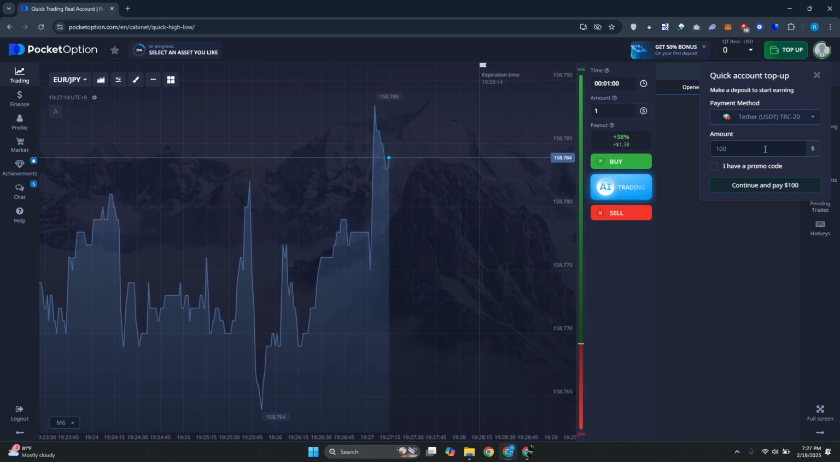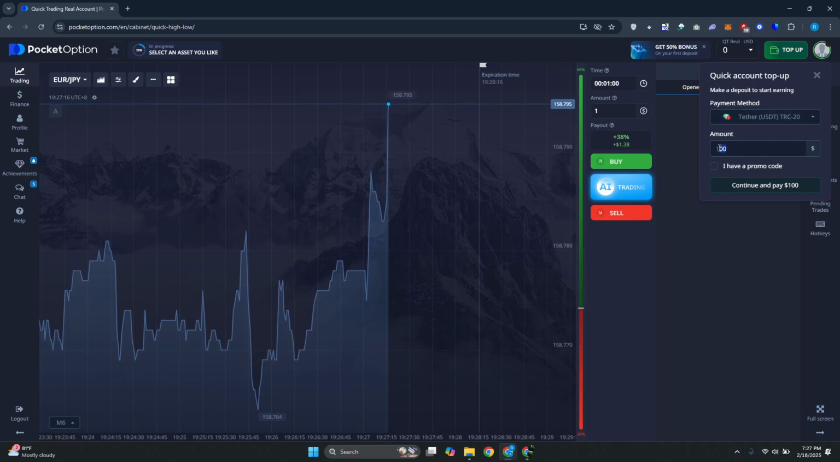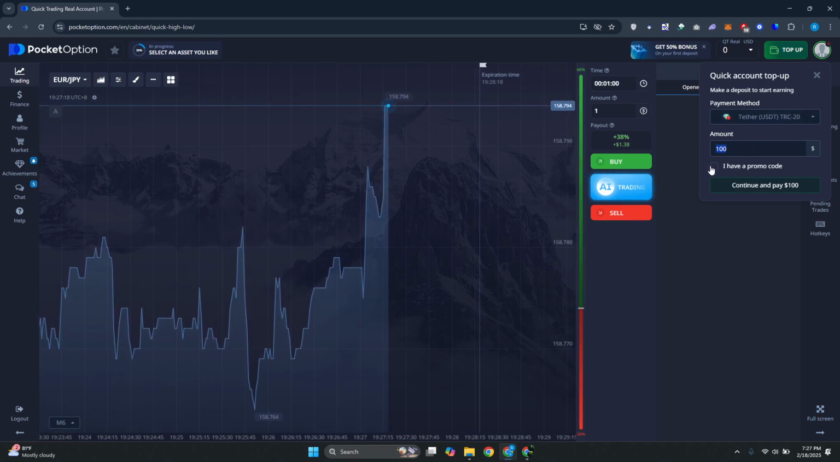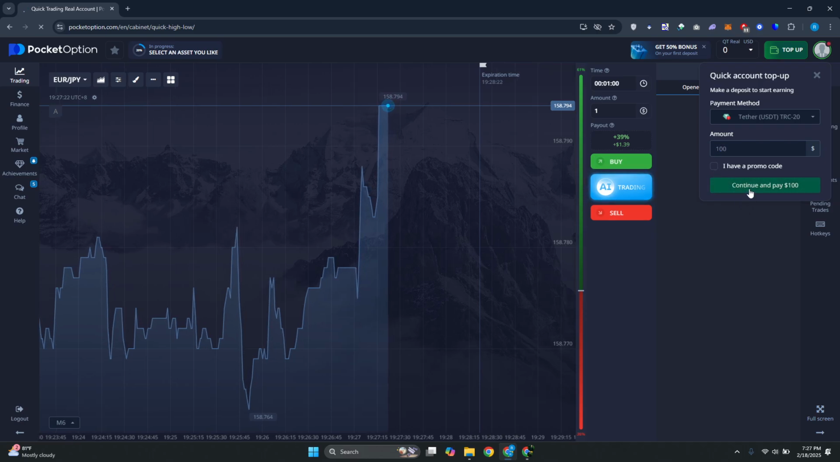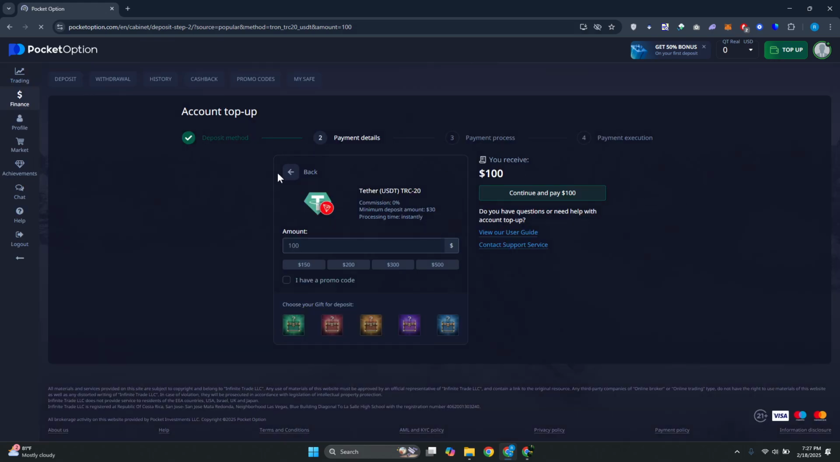Now from here, also specify the amount that you want to send. You can indicate here if you also have a promo, but for now, let's go ahead and click on continue and pay $100. Now, from here, it should give you the confirmation page, which allows you again to add a promo code,